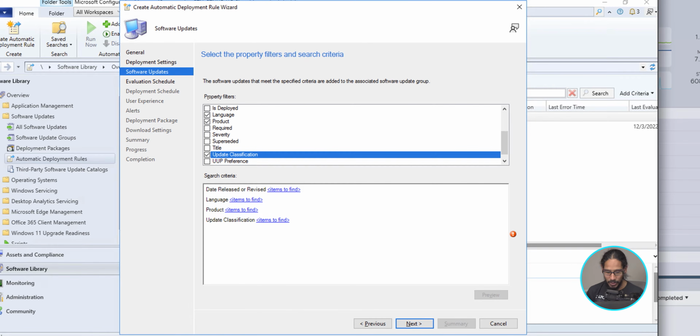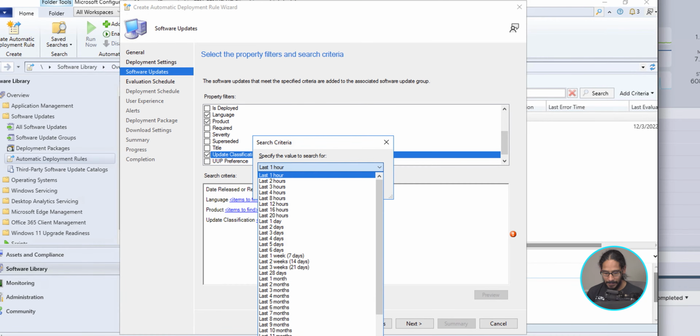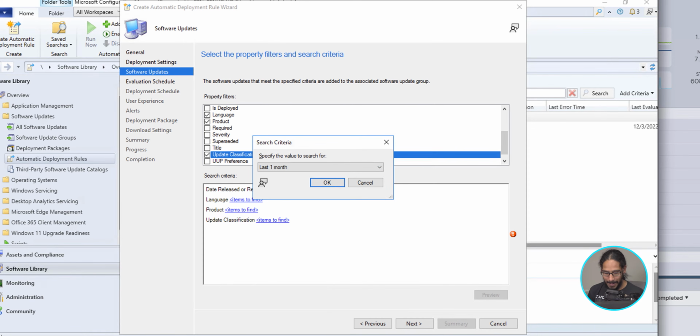For the date released or revised, we're going to click on items to find, click on the drop down and select your search. Now, I actually picked last 1 month. When I previewed it, it didn't show any of the updates. So I actually had to change it to last 4 months for me to see any of the updates for this rule to work. But I'll show you.